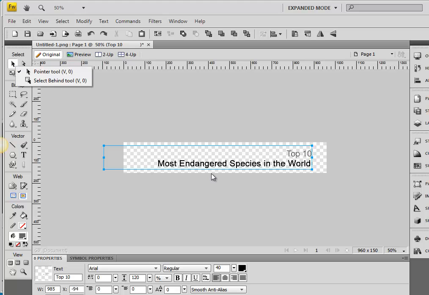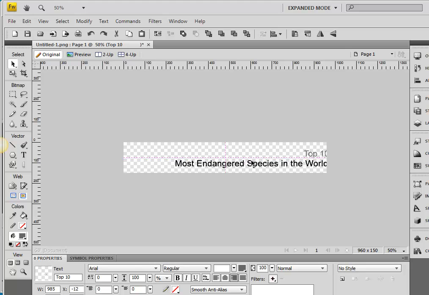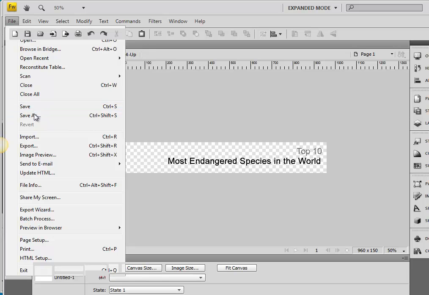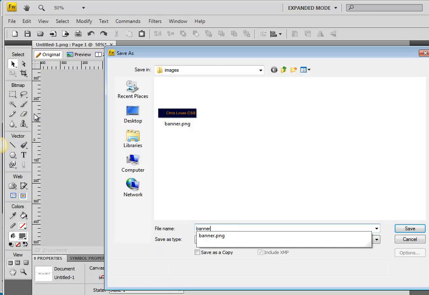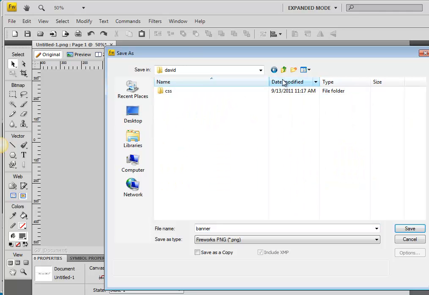Alright, so now I could keep this as transparent, and the nice thing about that is the colors that you have would shine through. Or I could actually just color this background whatever I wanted the canvas to be. In this case, I'm just going to leave it this way, and I'm going to call this banner, and I'm going to go to your folder, and I'm going to create a folder called images, and I'm going to save